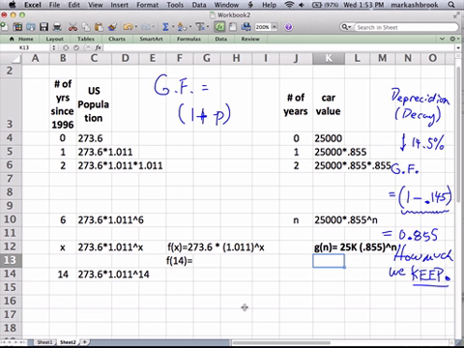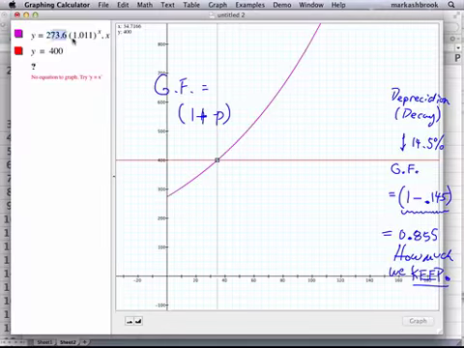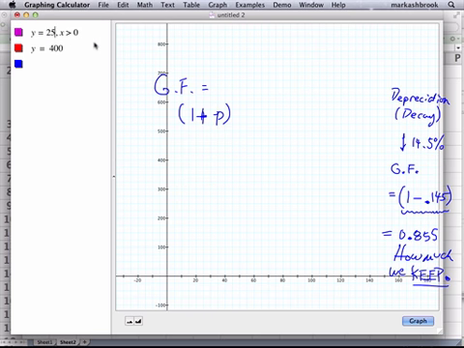Okay, so when will the value of the car be less than 1,000? What do we expect a graph like this to look like? First of all, it's exponential, so will it be a line? Nope. What will it look like? It's curved down. That's right, curved down. What's our function here? 25,000. So can I just do 25 times